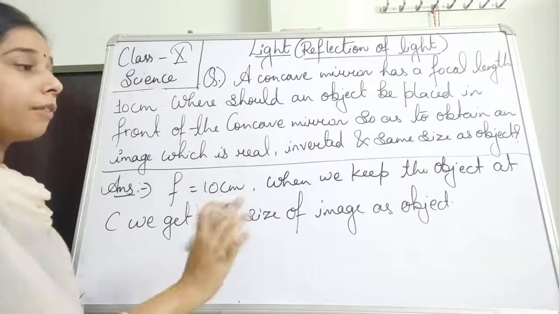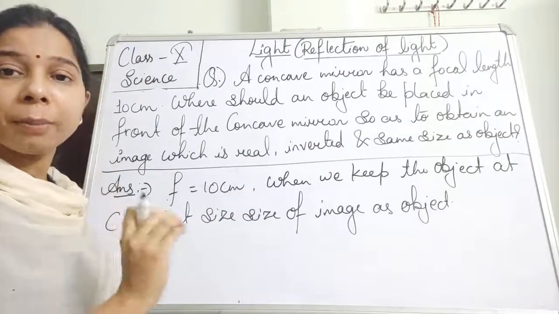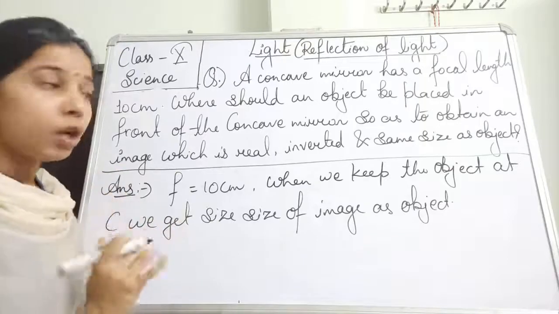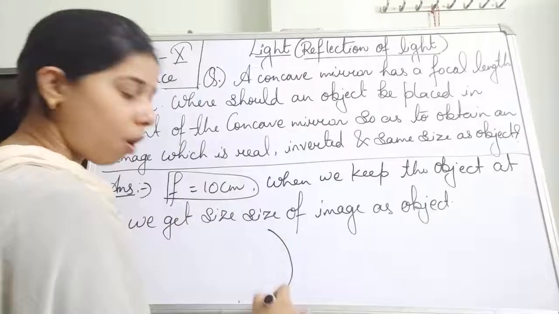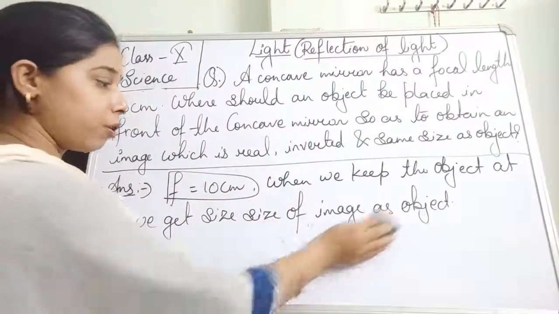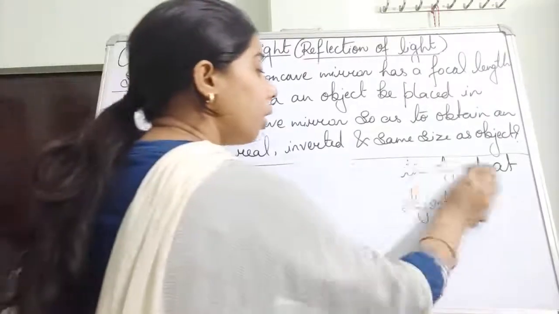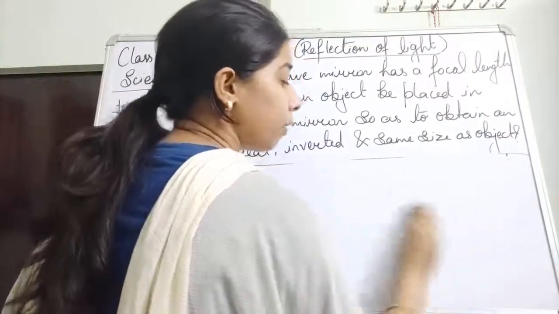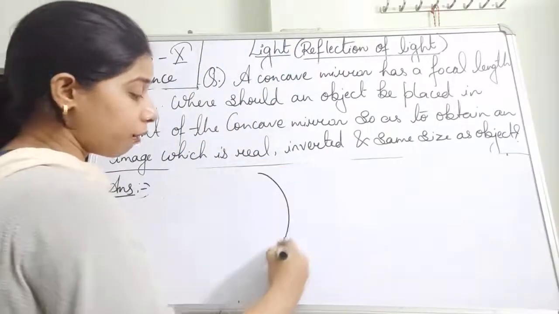So that will be at C. Now we have to find where actually C will be for the mirror. So here the focal length is given, student, and if we draw a small mirror in order to understand the question also, I hope you have understood this one. So we all know that the radius of curvature is what? It is actually the radius of the spherical